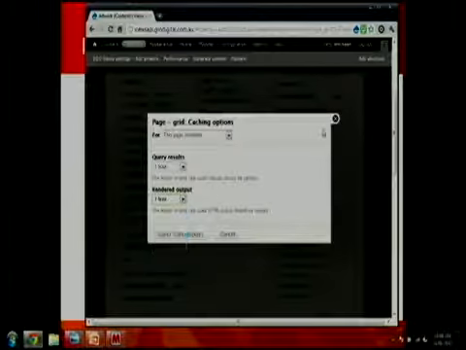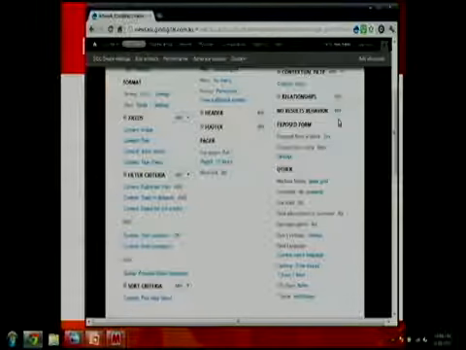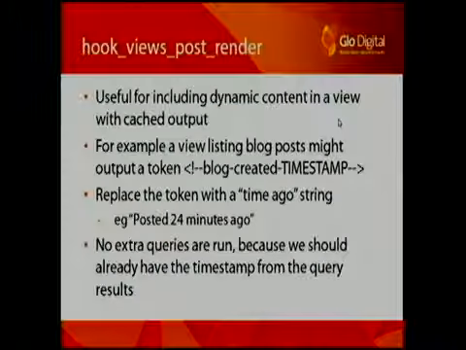So if we were to cache our rendered output for 6 days, and we had a blog view or something, and it said posted 24 minutes ago, and that's cached for 6 days, that's obviously going to be wrong. So what you could do is, instead of outputting posted 24 minutes ago in the first place, output a token, or an HTML comment is a good idea in case something goes wrong, because it's hidden.